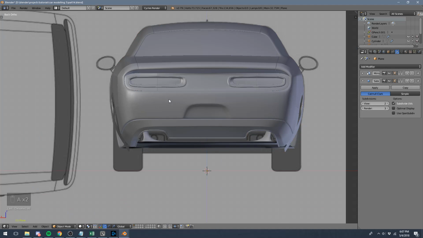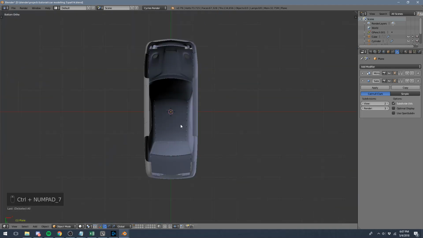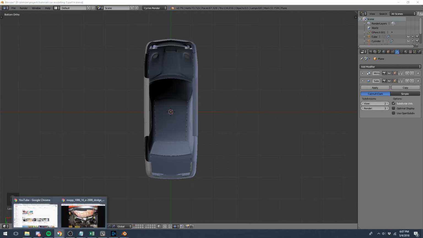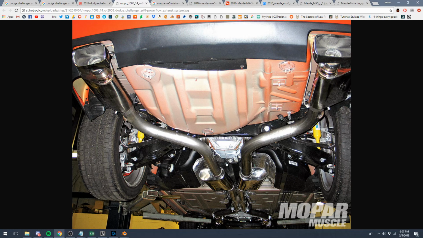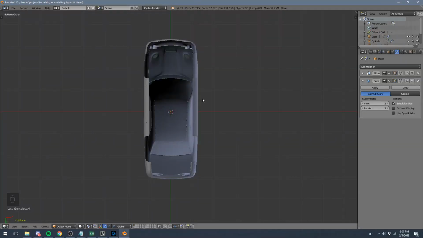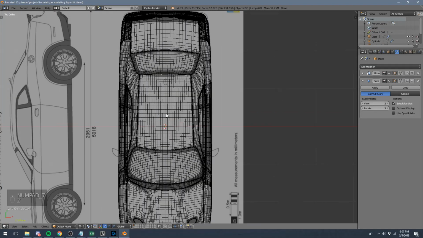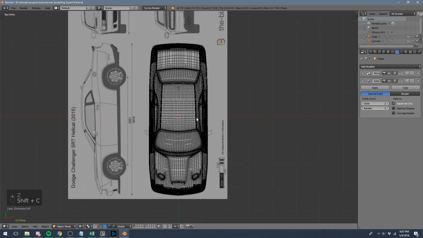So for the exhaust, I figured we'd start with the exhaust. I actually have a reference picture of what this looks like. I mean, it is underneath the car, so it doesn't have to be super duper detailed or whatever, but I wanted to show you a cool trick. So I'm going to center our 3D cursor with Shift C